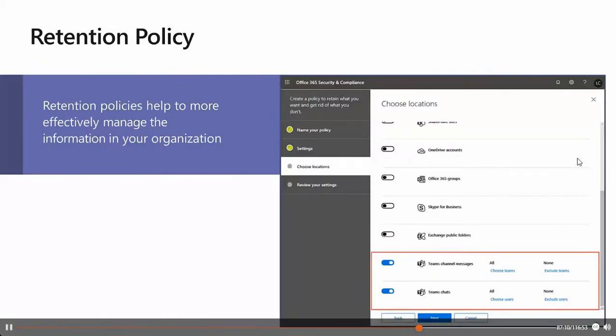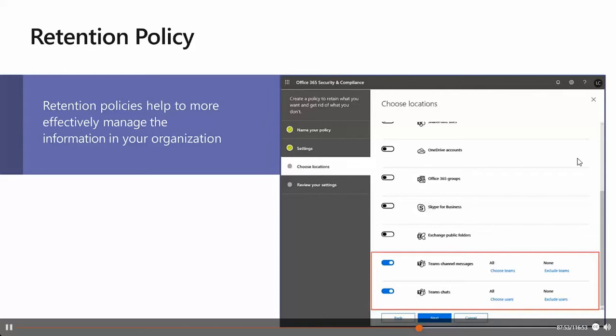If you set up a retention policy for Teams or any other workload, you can set it up, for example, to retain the data or to delete the data. Retaining the data is to ensure that for a specific period of time, regardless of what happens in the user app, the data will be retained. You need that basically for compliance reasons, and it is also available for e-discovery until the retention period expires. So for example, if you create a Teams retention policy to retain channel messages for 7 years, the messages are retained for e-discovery for 7 years, even if the users delete their messages in Teams.